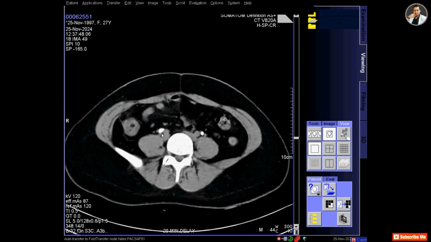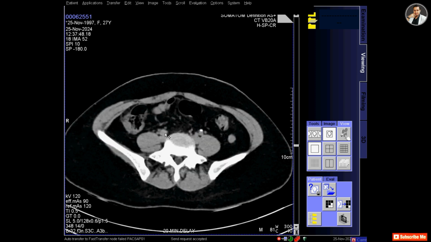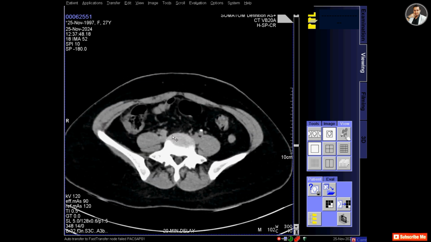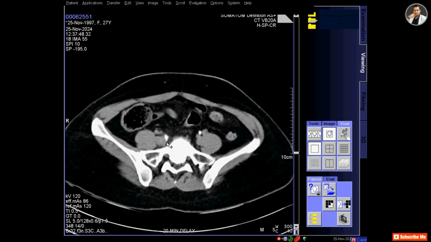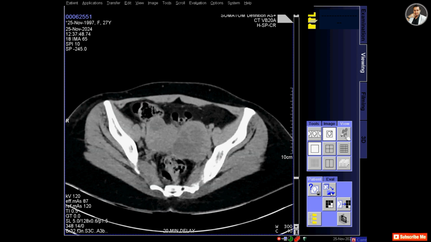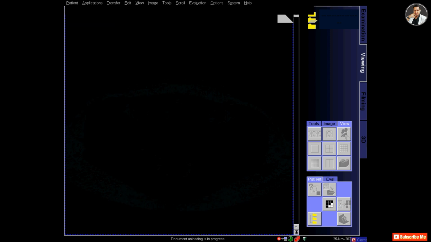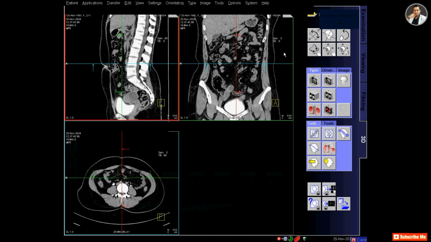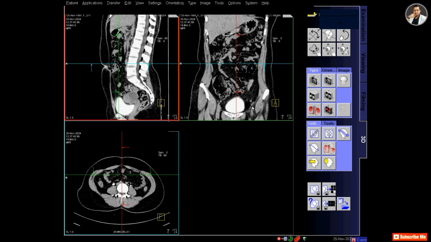I am tracking the right ureter, how far it goes, how far it visualizes. So there is a transition point where the ureter is not visualized, or it's mixed with the cystic lesion, or it may be compressed by the lesion. So let's check it in the 3D.